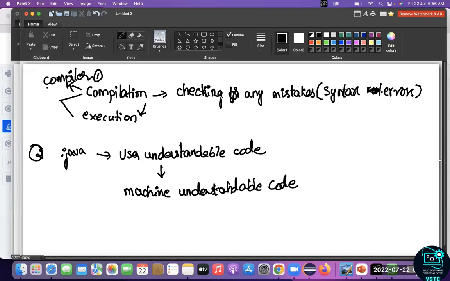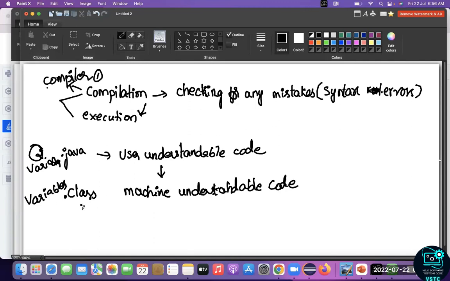Once our code is free from any syntax errors, the compiler will convert this user understandable code into machine understandable code. This machine understandable code will be converted into a .class file. So now we have created variables.java, and once it is converted to machine understandable code, it will be stored in variables.class